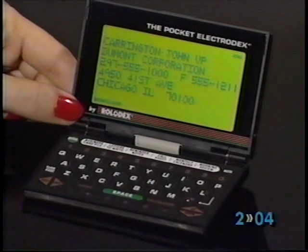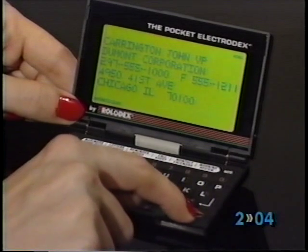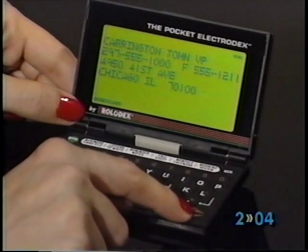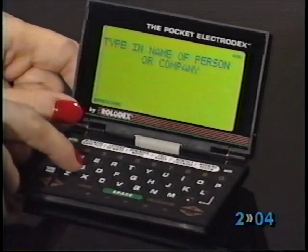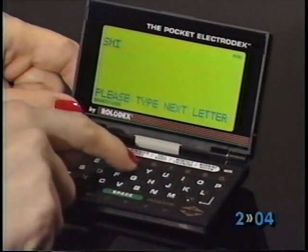To see more on John's file, press the down a line key. If a file's contents do not appear on the screen after all of the letters of the name have been entered, then there's more than one file with that name. In this case, after the full name has been typed in, press the forward key, and all the files with that name will appear in alphabetical order. For example, let's recall Smith. Now press the forward key,